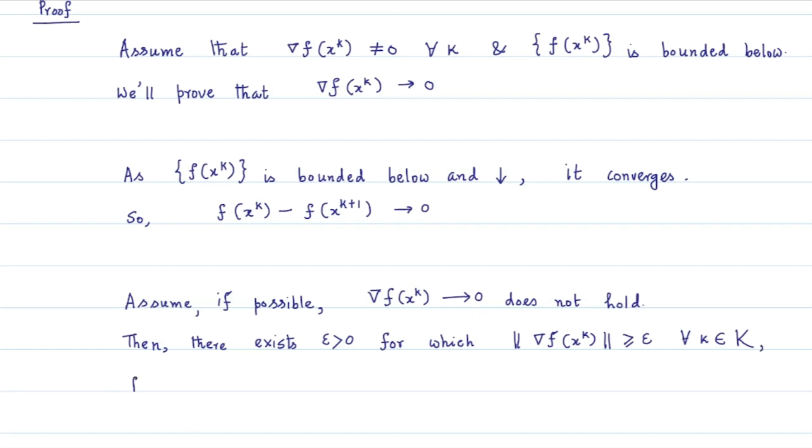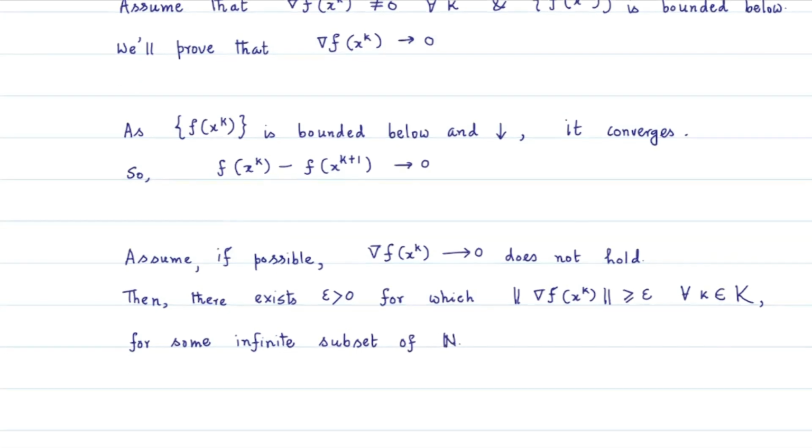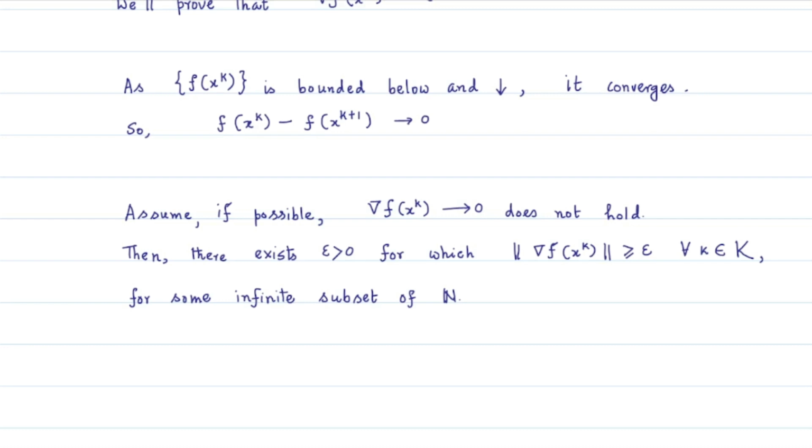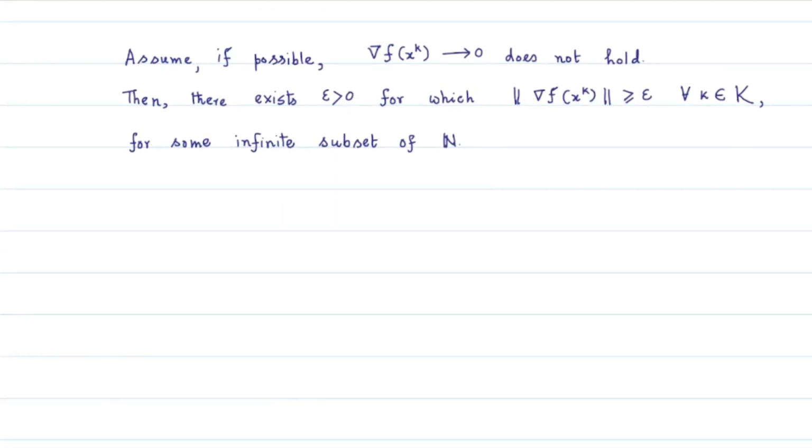So this capital K is an infinite subset of the natural number set. Now next we will go only with those elements of the sequence xk for which k is lying inside this set capital K. We write it neatly in the following: